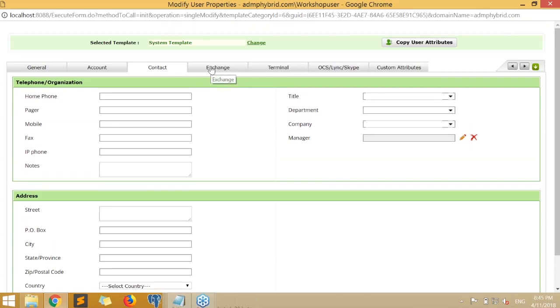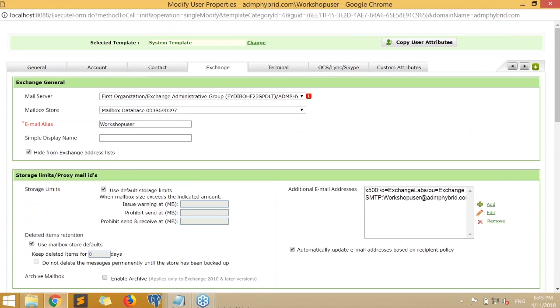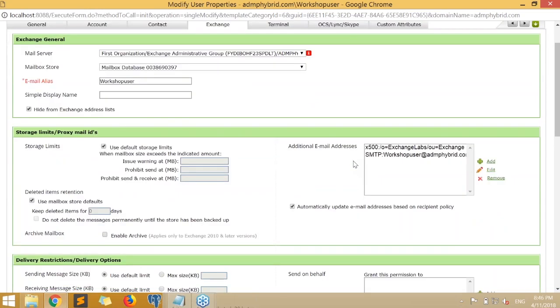Now, this is the most important tab. So for now, we'll be looking at the Exchange tab. Here we can see some of the Exchange related attributes. We can see the mail server, the mailbox store, the email alias, etc. All of these values have been taken from the Exchange server and are being populated in this